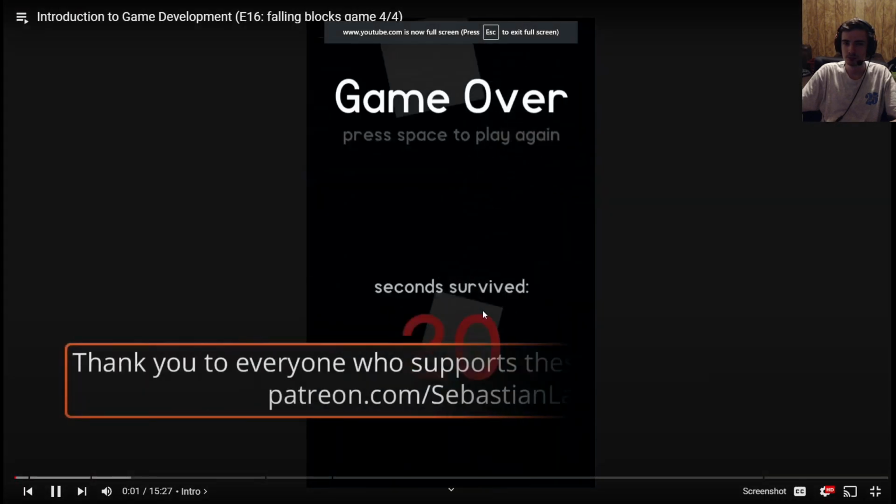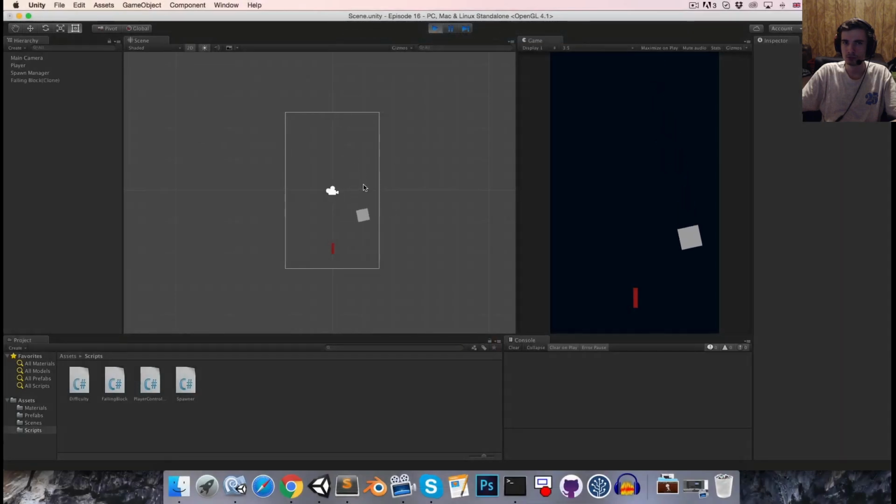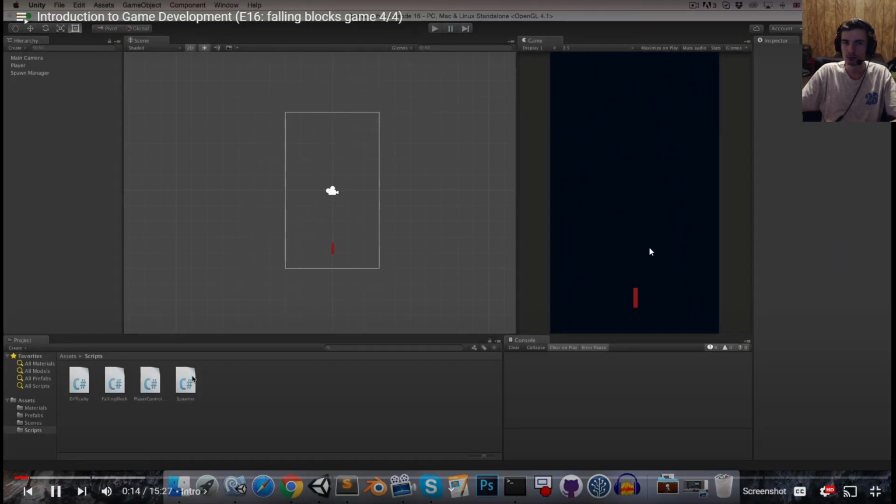Hi everyone, today we're going to be finishing off this mini project by adding in a game over screen. Before we get to that though, let's make it so that these falling blocks destroy themselves once they fall off the bottom of the screen. So if we go into the spawner class,